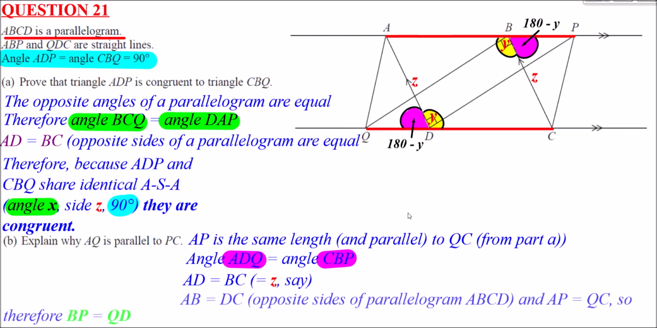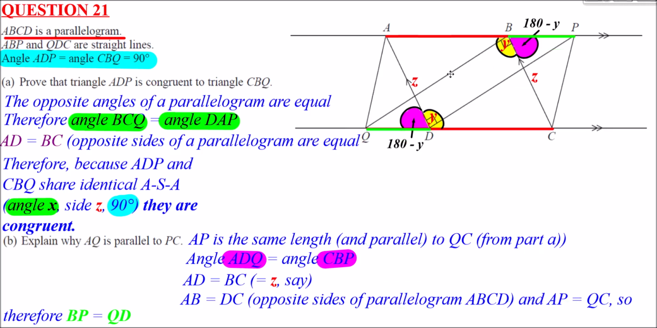Next, I can say that AB is the same as DC. AB here is the top side of the parallelogram ABCD, and DC is the bottom side of ABCD. So if we just state that I know the opposite sides of a parallelogram are equal, that justifies that result. Also as well, we said at the very first step, from A to P, the whole length is the same as from Q to C. So if a section at the top is the same as that section, and the whole length is the same, then the shorter bits, BP and QD, must also be equal. So if I add those on in a green colour,